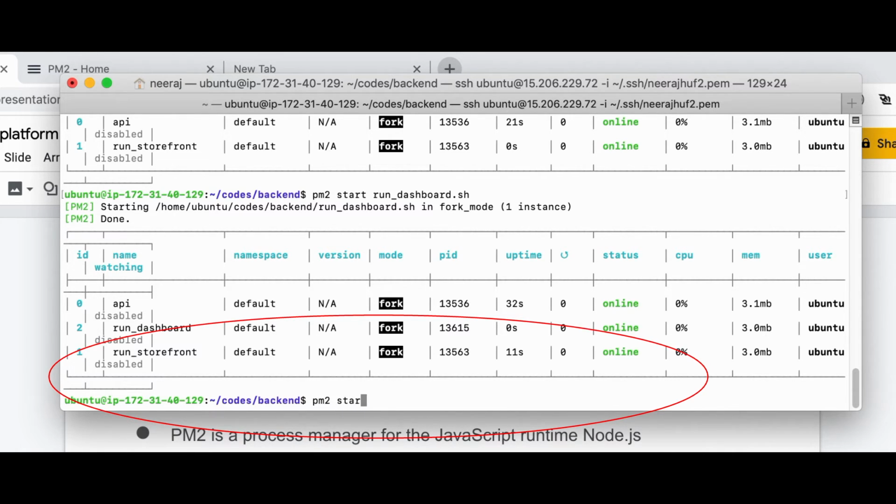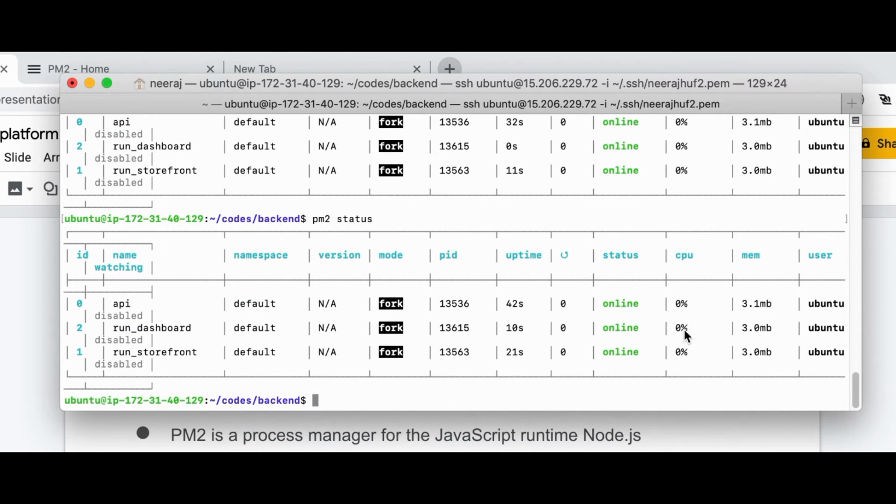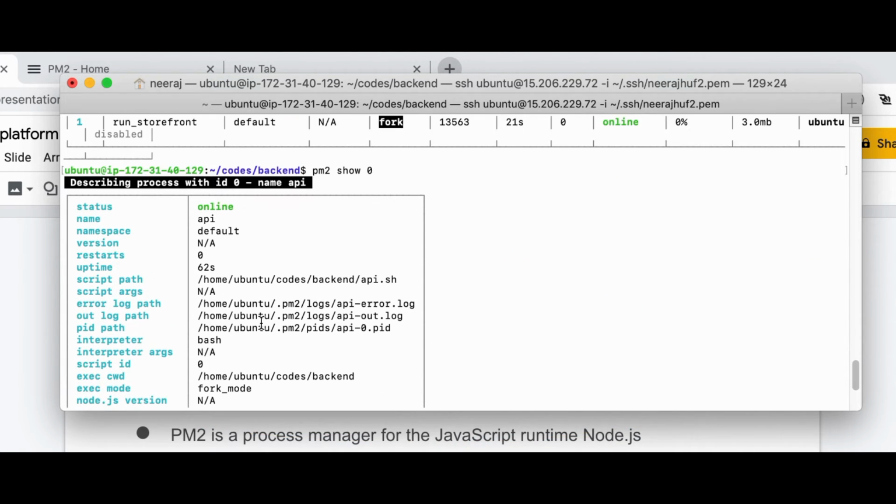I can see the status with pm2 status. It will show that my three processes are running: API, run dashboard, and run storefront. If I want to check the logs of any of the processes, I can simply write pm2 show 0. This will echo out the error path or the log path.